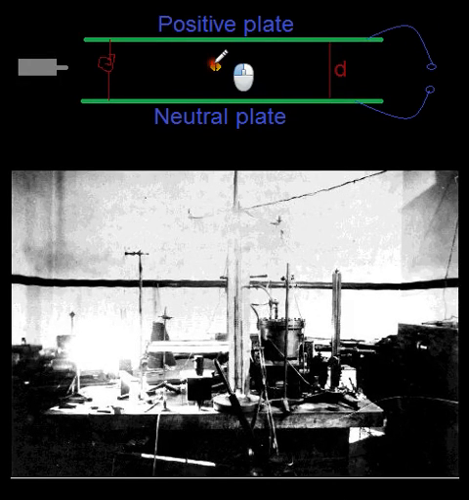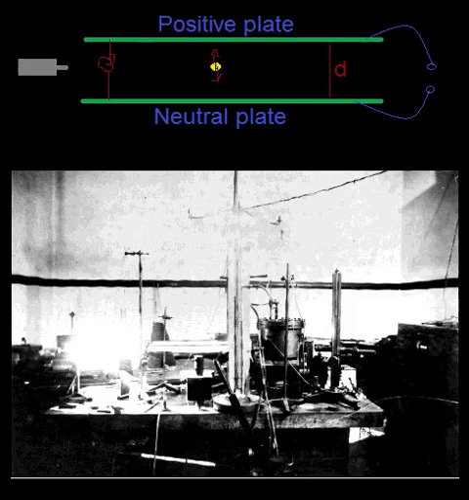Now for m, since the oil droplet is suspended in the air, we know that the force acting on it upwards is exactly equal to the force acting on it downwards. The reason is that since the object is in equilibrium, the net force on it is obviously zero, so the upward force equals the downward force. So we can equate these two: QV over D equals mg, and with some manipulation we can get that